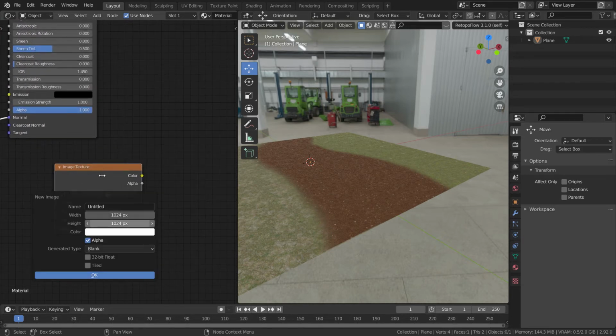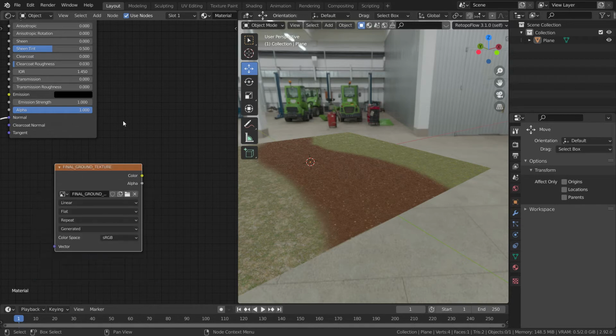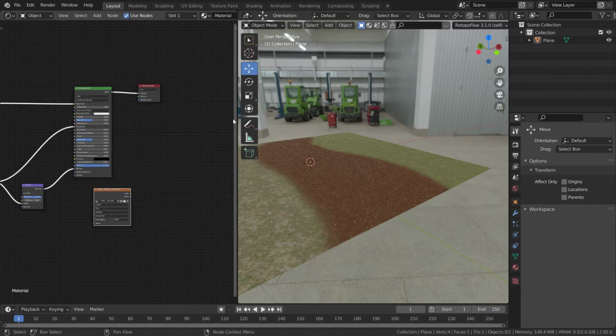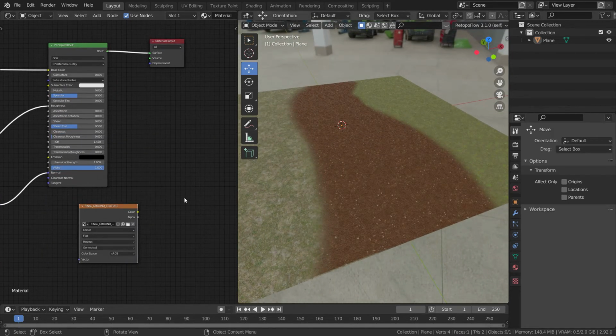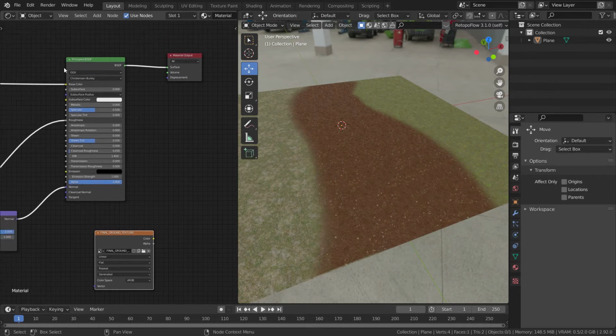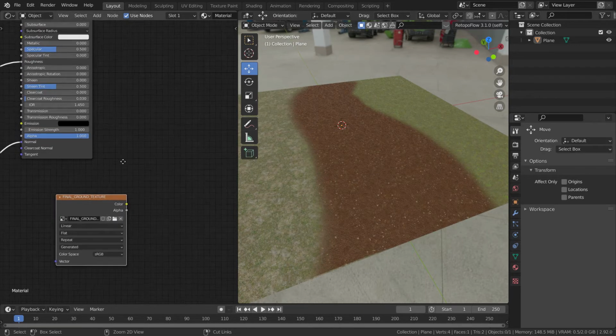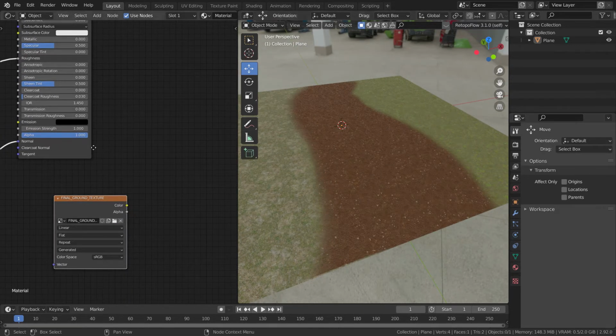I'll let it be at 1K resolution. Let's call this final ground texture. We want the alpha channel, then let's click OK. Now I will just show you how to bake the color, I mean the base color of this texture, so you can bake the bump as well later.